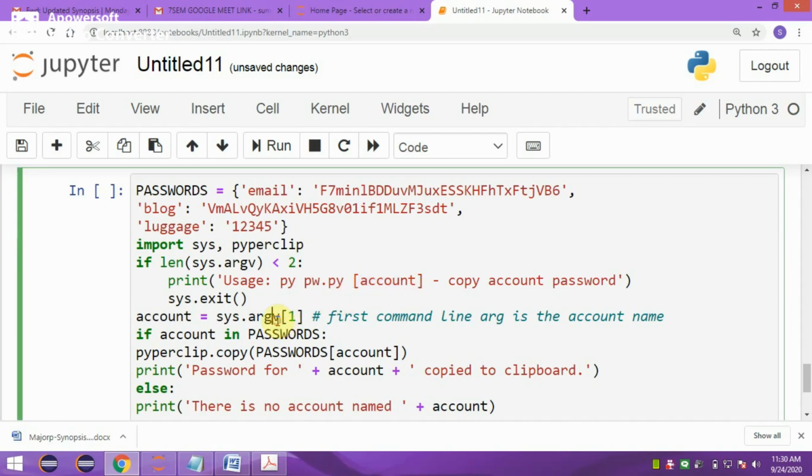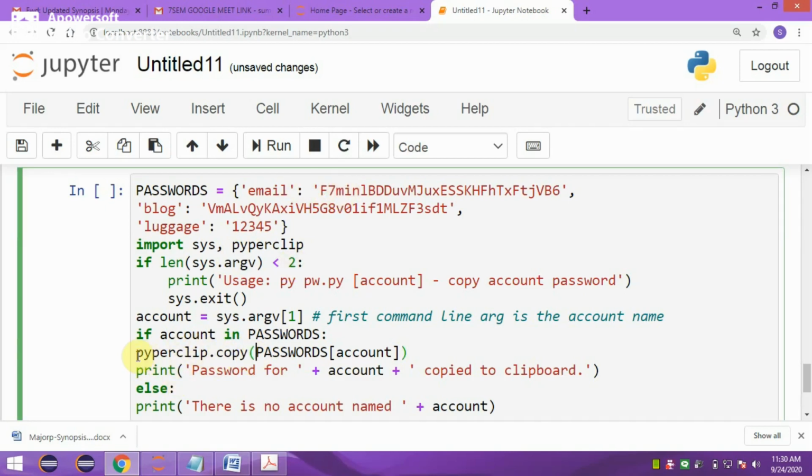That account name is stored as argv[1], and it will be stored in the variable account, and that account needs to be searched in the dictionary. See, this is an email account, blog account, luggage account. If that account exists in the dictionary, then you have to copy the password of that account to the clipboard.